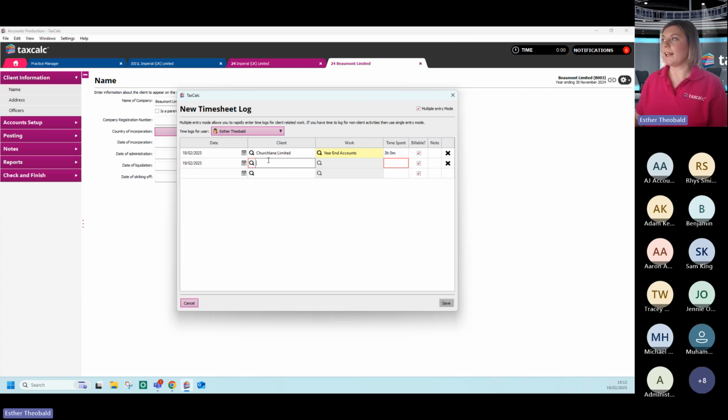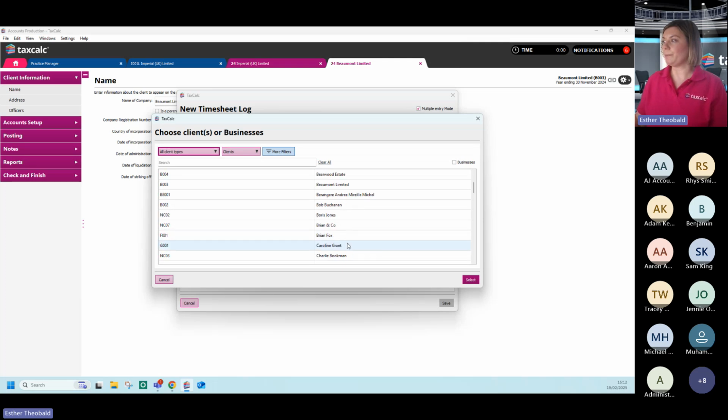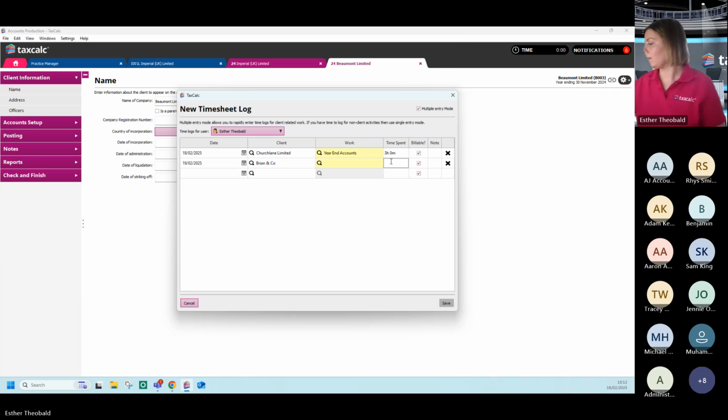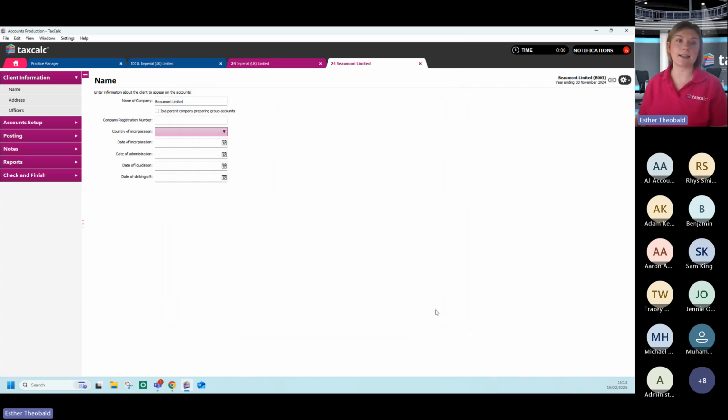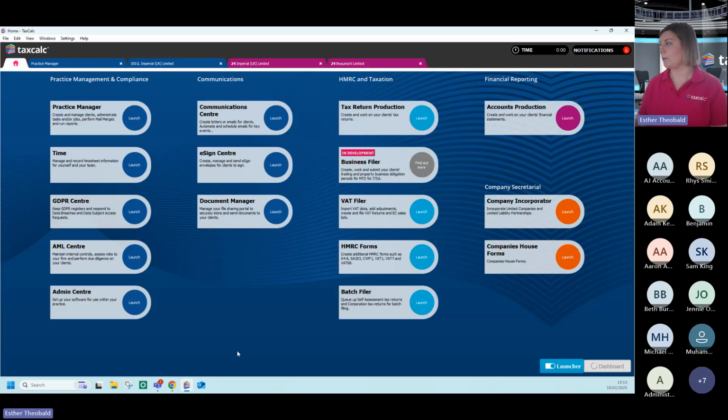Today, this morning, I did some work for Ryan & Co. Select, and I spent half an hour on that one. I can leave notes, and I can remove any logs that I want. I save, and that is then going to add to my time log and timesheet. So there we've seen using the stopwatch, using the add time manual process, and we've also looked at multiple entry mode. Before we go into the time module, I just want to show you how you can also add